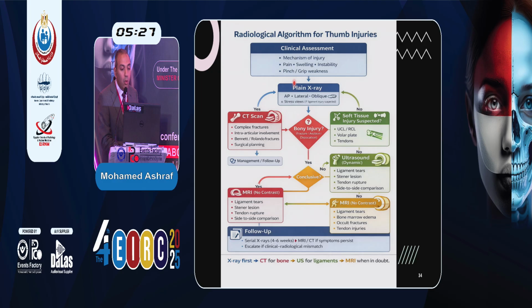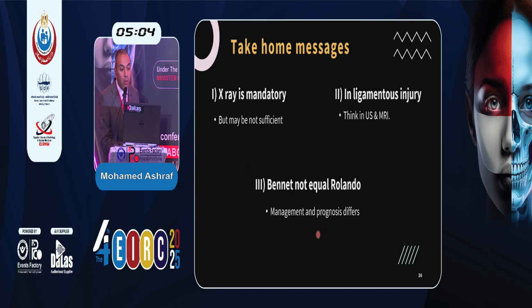To summarize, this is the algorithm. Clinical assessment, go for plain X-ray. If you still suspect bony injury, go for the CT. If you're suspecting soft tissue injury, start with ultrasound, which gives you a dynamic range of study and which is with no radiation exposure. If you're still suspecting or clinically the patient is still complaining, go for MRI. The take-home message,